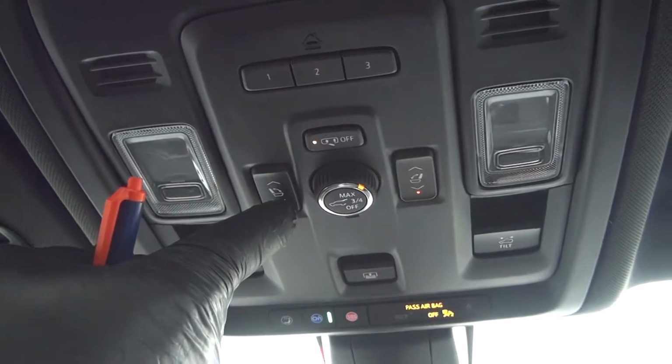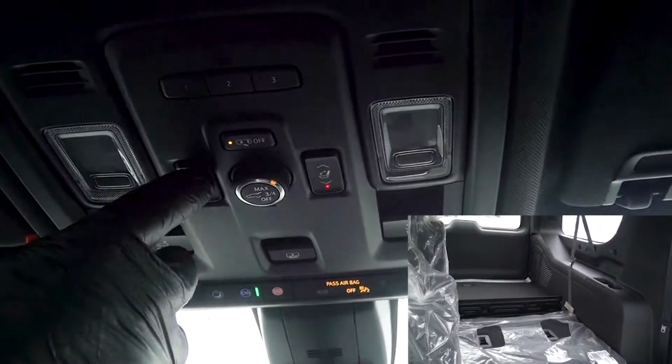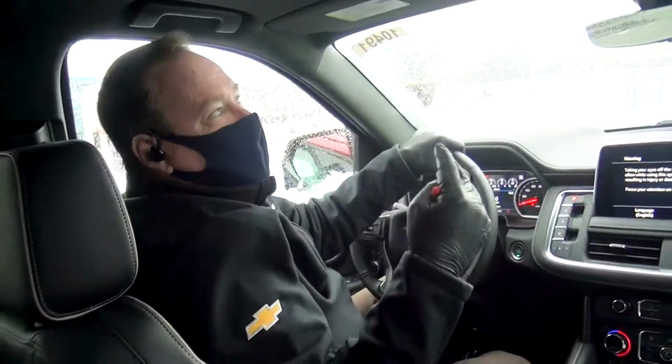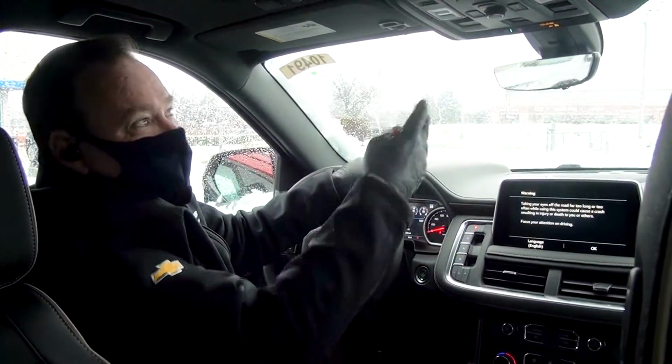This right here on this button, you can see all I got to do is press this down and you'll hear the seat come down in the back. But you can operate the seats just like I did from right here sitting, which is a nice feature because you don't have to get out of the car, you don't have to walk around the back. You can just push the seats down,